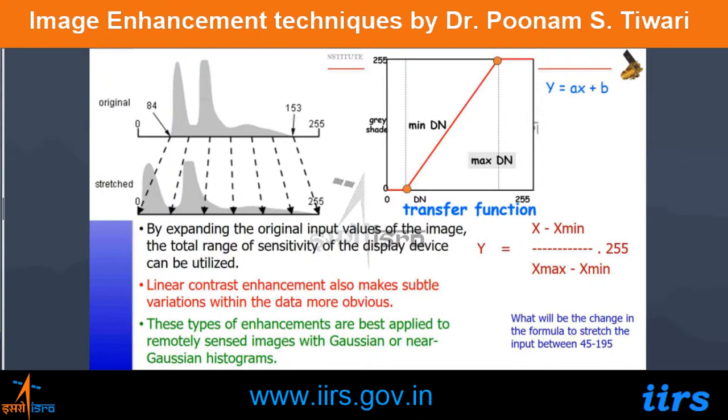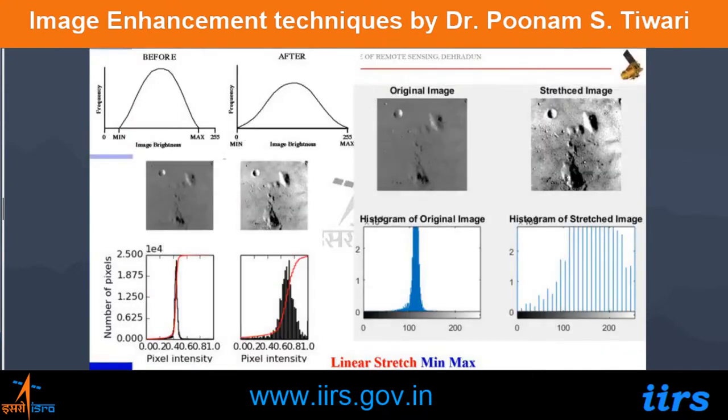These types of enhancements are best applied to remote sensing images with Gaussian or near Gaussian histograms. I have shown you a few images on which such stretching has been applied. You can see these are the moon images, and the stretching has been applied on these images. In the original image, the features are not distinguishable. Many features are being left out, whereas when we stretch the image using minimum maximum stretching, more and more features become